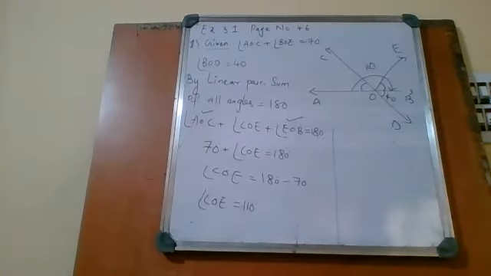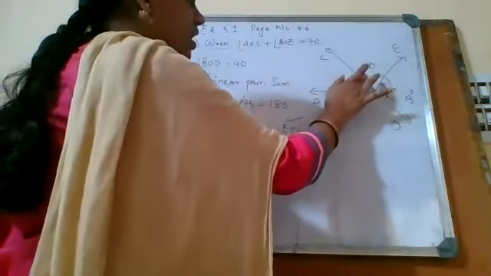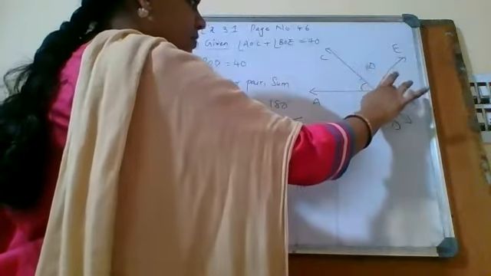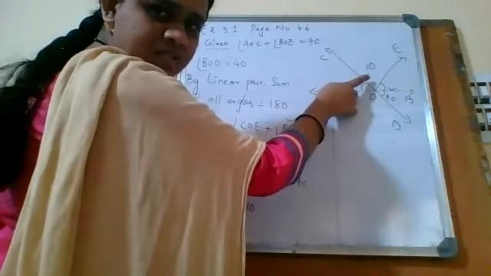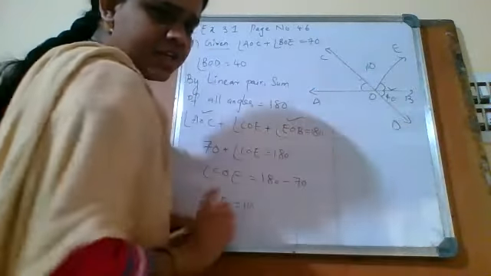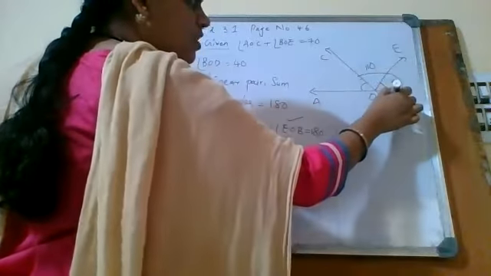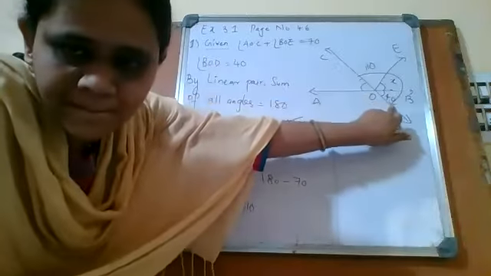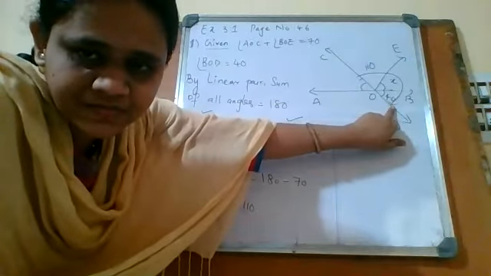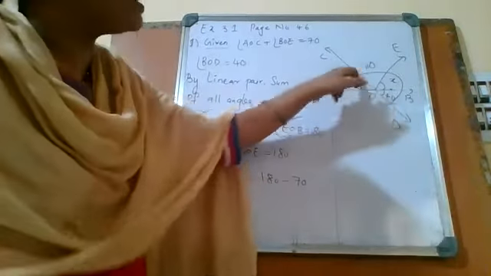The next one we have to find is on a straight line. Now this part is finished. Now I know this is 40 degrees, and this is 110. Now we have to find this; suppose this is X. This total from here to here is called what? By which pair? Linear pair. Yes, linear pair.